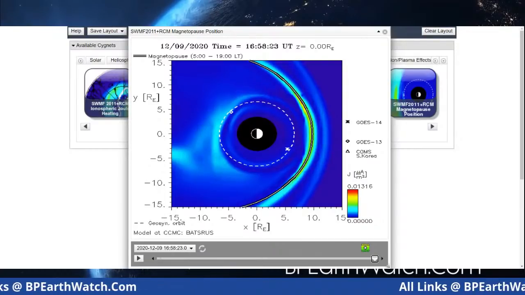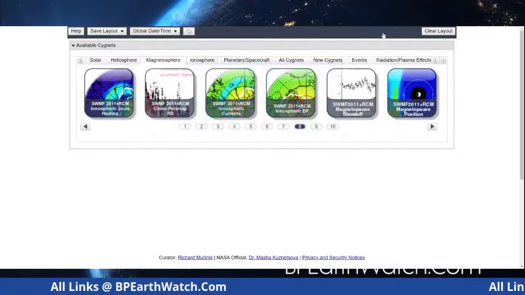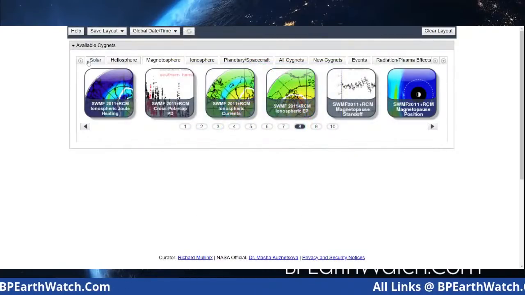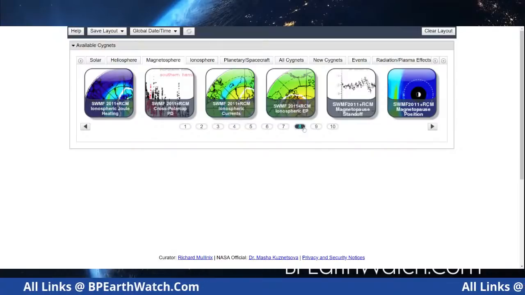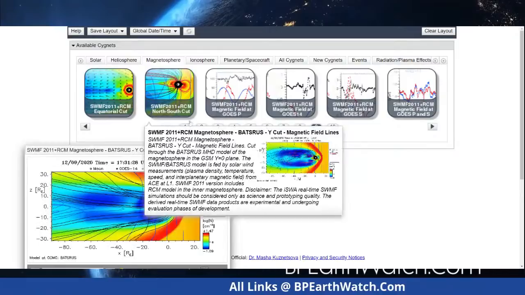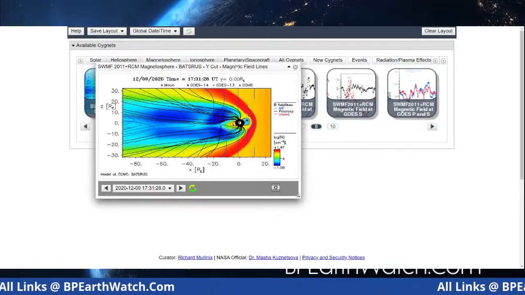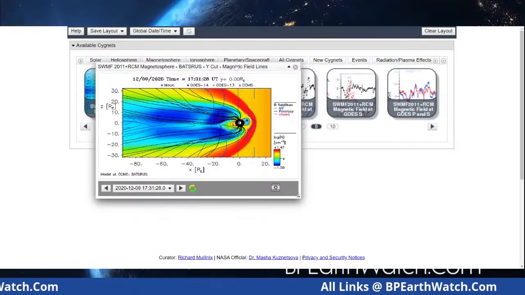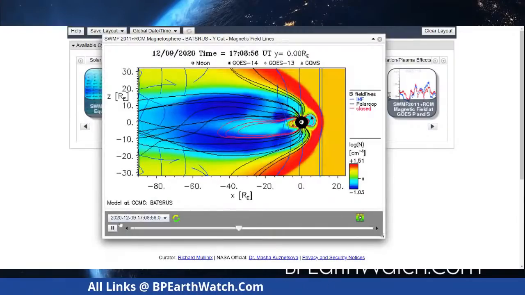There's a couple of different reasons for that. But again, that's how you get to your magnetopause. Again, when it hits, you'll be on a system like this. And in this case, you want to go to magnetosphere, go to number 8. You'll see this one. Now, if you go to number 9, it's going to give you a little different streamer. And let me show you what that is. Same thing, you download from the movie, get your current images. And the same thing, you can back it up in time for different frames.